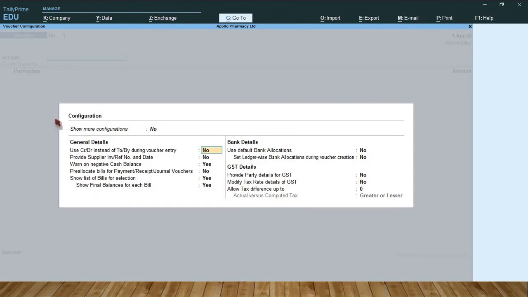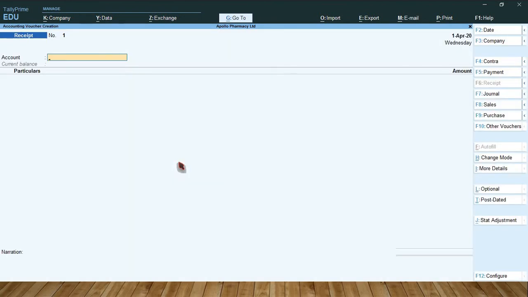See here, use CR/DR instead of 2 by during voucher entry. No. So change voucher mode.